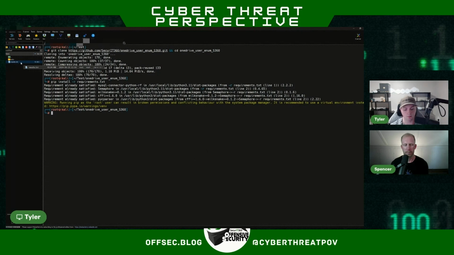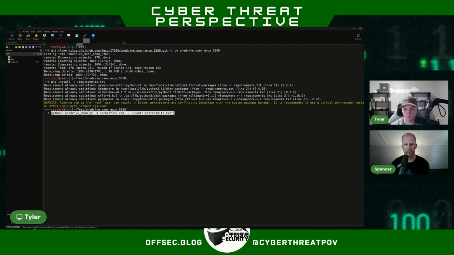So this is a list of permutated names that I've created based off the format of Secure IT 360's organization, which is our organization. I think primarily now we use first initial last name format. So that's the permutations in those files. I took the names from the 1990 census, wrote a little script, and I just added the first initial A through Z to each last name. And that's what that file is.